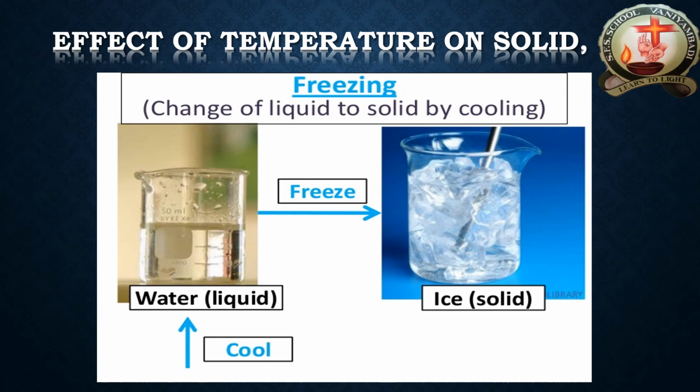Effect of heat on matter. Suppose we have a liquid. Once we supply heat, what happens? The liquid gets vaporized. Suppose you take a small tumbler of water and keep it in your freezer. At a certain time, the water converts into a solid, which we call ice. So what is the effect of temperature? It changes the physical structure or physical quantity.